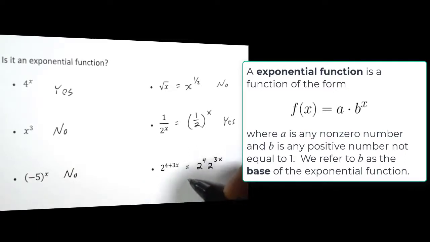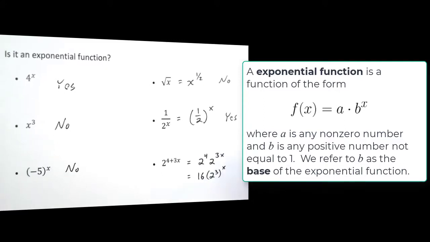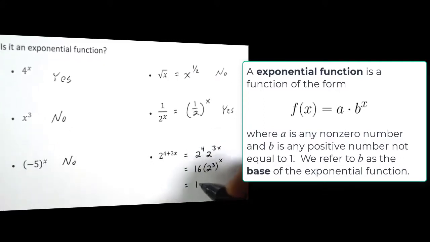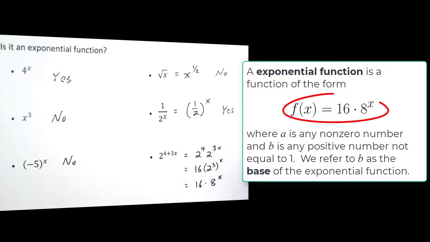2 to the 4 is the same as 16. And what about 2 to the 3x? Well, this is the same thing as 2 cubed raised to the power x. And what's 2 cubed? 2 cubed is 8. So this is 16 times 8 to the power x. And we see that a is 16, b is 8, and so this matches the definition of an exponential function. So yes,